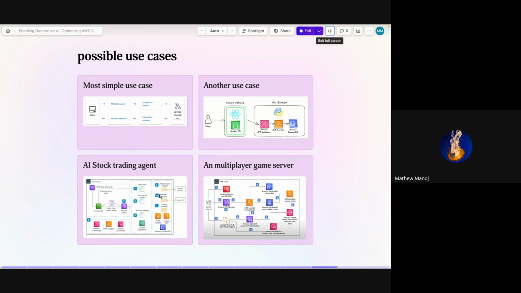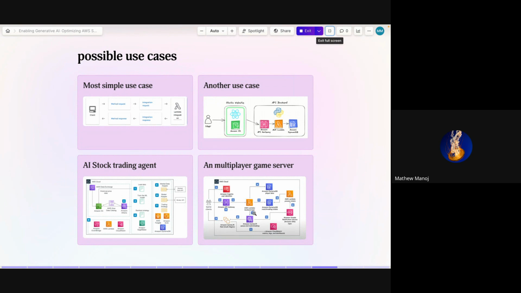And then you can also use it to make complex products, like a stock trading agent, where you provide the API request of foundational models, and then use Amazon SageMaker, another service that is used for machine learning in AWS.